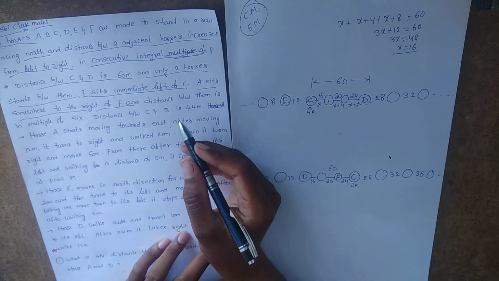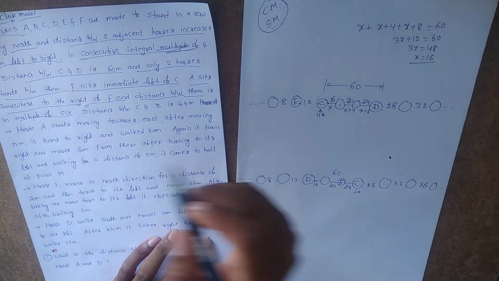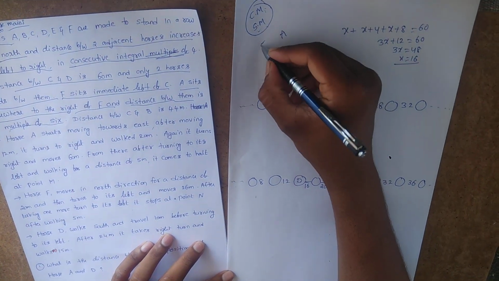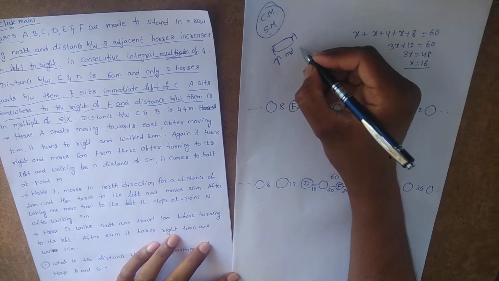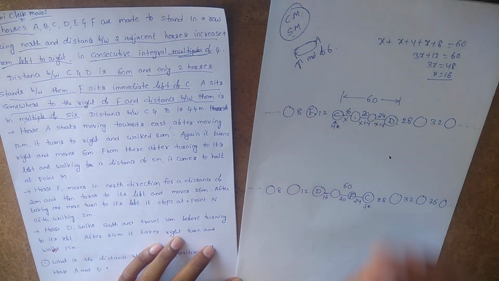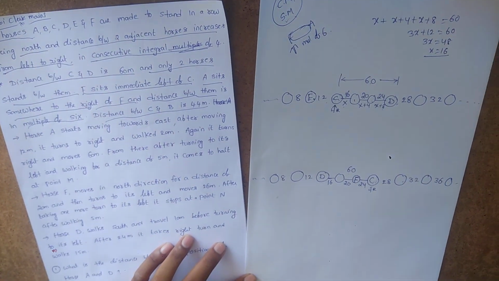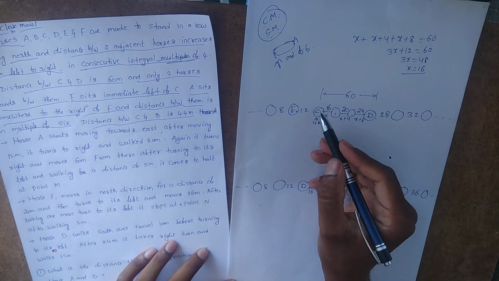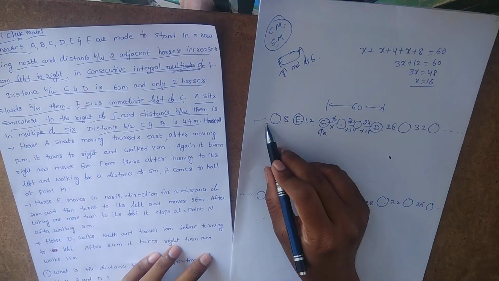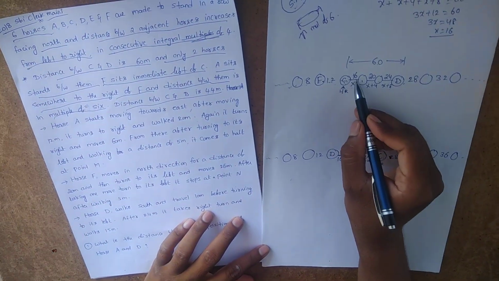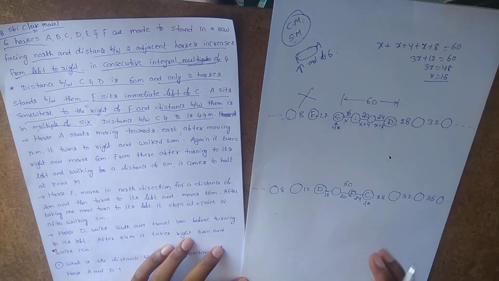Leave it. The next point is that the distance between them is a successive multiple of 6. See here, A is somewhere right of F, but the distance between F and A is a multiple of 6. Leave that and go to the next point. The distance between C and B is 44. Suppose we check left of C for 44: 12 plus 8, no chance. Then check right of C: 16, 20, 36, no chance to get 44. That means this arrangement is simply not possible.